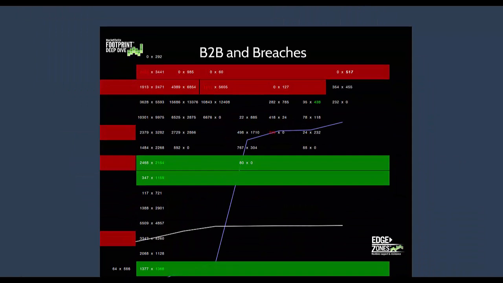So B2B, if you're not familiar with B2B, it's a term that we use a lot in the Edge comprehensive course, and it helps people create transitional moments. And so I'm not going to get into a lot of depth with transitional moments, but when does a market breach some good levels? I want people to be cognizant of that, especially with these edge zones. Anytime you have decent levels,